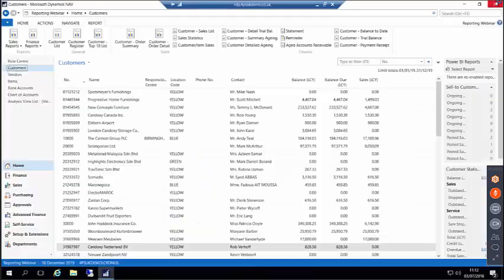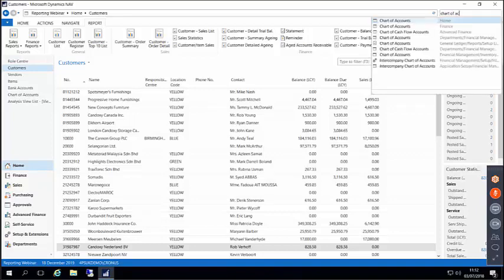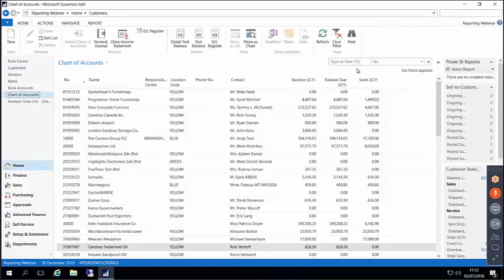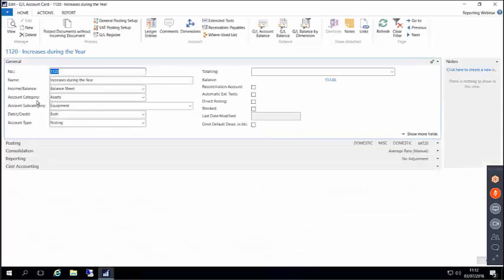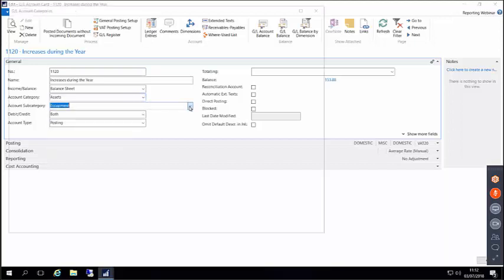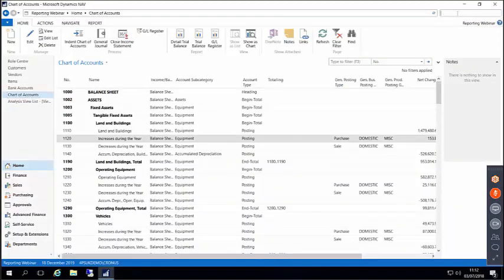And then also, last one, just wanted to quickly show you account schedules. So it is actually possible in later versions of NAV to assign categories and subcategories to GL accounts. So if I go to the chart of accounts and edit a GL account within the chart of accounts, you'll see the account category and subcategory drop down, and that's a way to structure your chart of accounts if you want to use it. If you do have that set up, you can run account schedule reports, and to do that, you go to